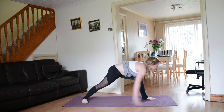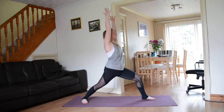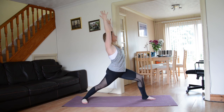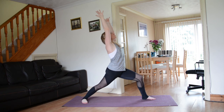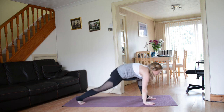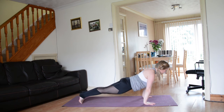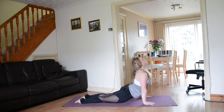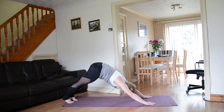Back foot comes down, inhale, warrior one. Sink it low. Left hip back, right hip forwards. Open up the chest. Bring the palms together. Exhale, bring the hands down. Step back, high plank. Chaturanga. Inhale, up dog or cobra. Exhale, downward facing